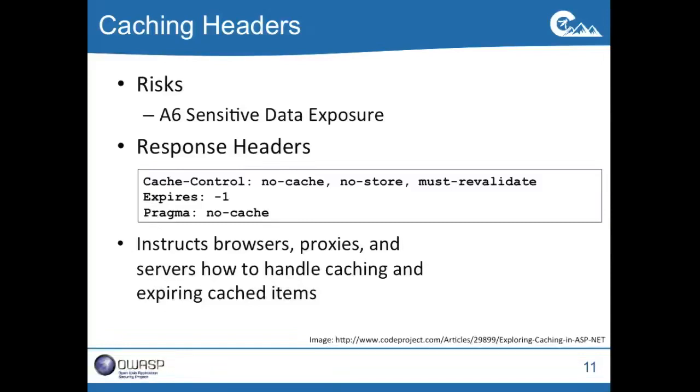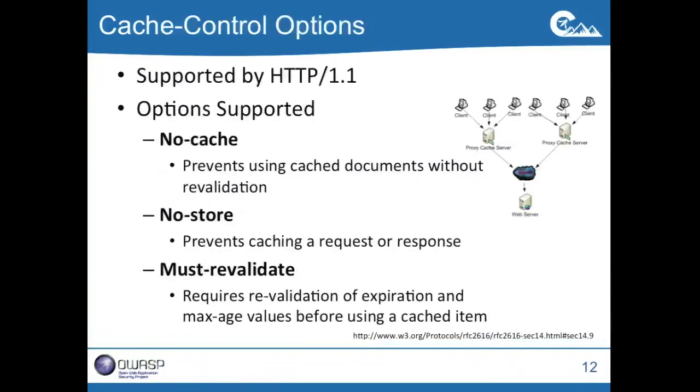So the first thing we're going to talk about is the caching headers. One of them, Pragma, has been around forever. That's an HTTP 1.0 tag. We also have the expires header and the cache-control header. The cache-control options header is supported by HTTP 1.1, so it's not backwards compatible. So you need to set this one, and it basically has 3 options: no cache, no store, or must revalidate. The must revalidate is just going to force it to go get the page again before